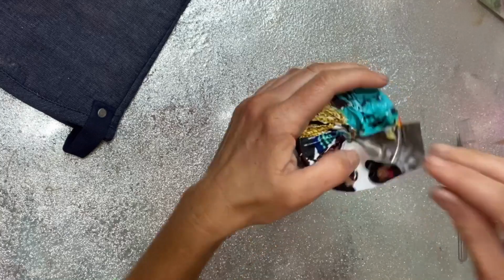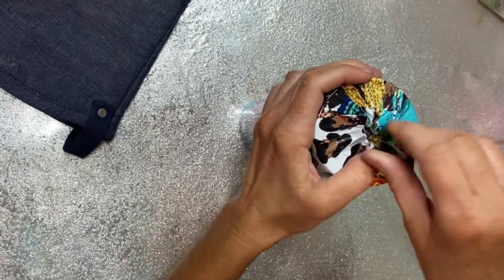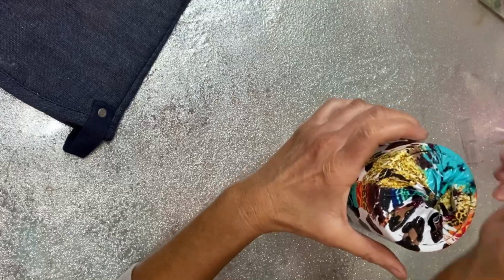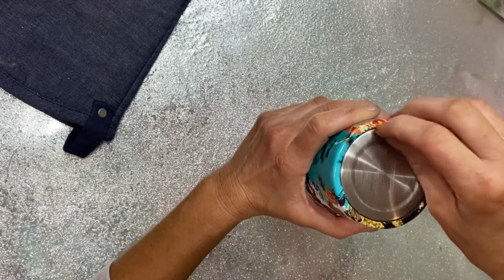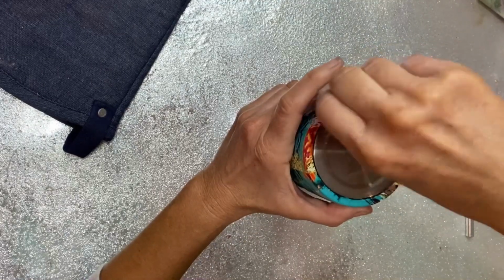And then once I've got that all securely laid down, I'm going to take my craft knife and I'm just going to run it right around this rim. Y'all know I love the rim here on the bottom of these 24 plumps. Actually, all the plumps have this little rim. My craft knife just goes right down in it, and then I just go back in. I do it with my fingernail. You guys can do it with whatever is easiest for you. I've always found that it's easy for me with my fingernail to just press it right down in that little